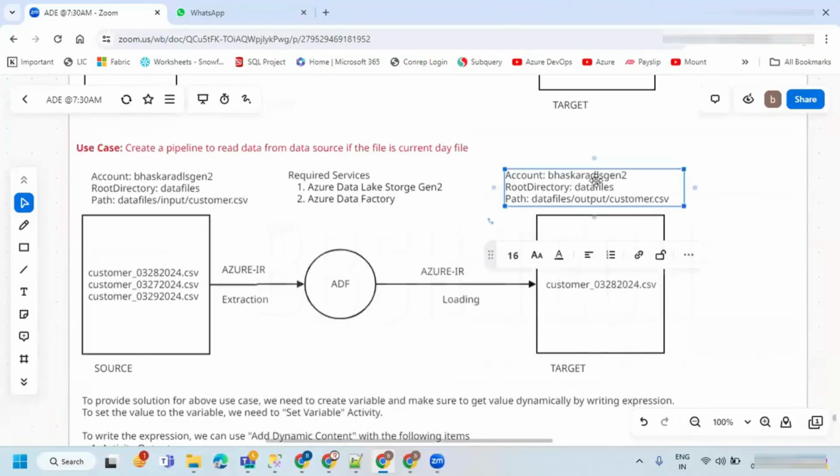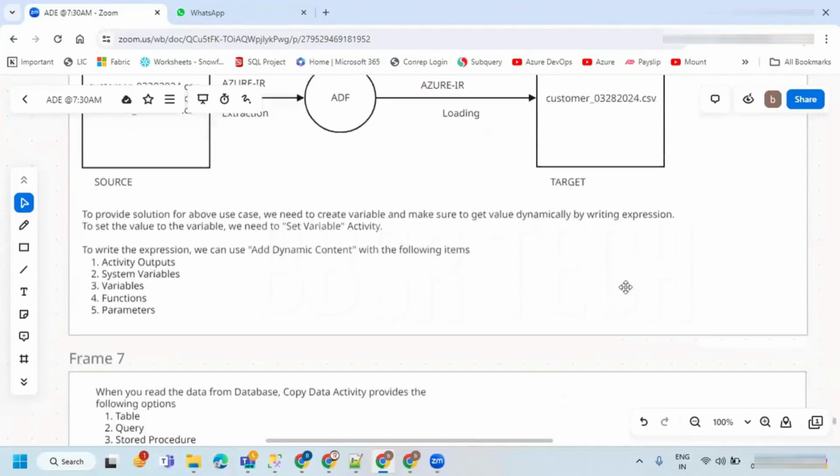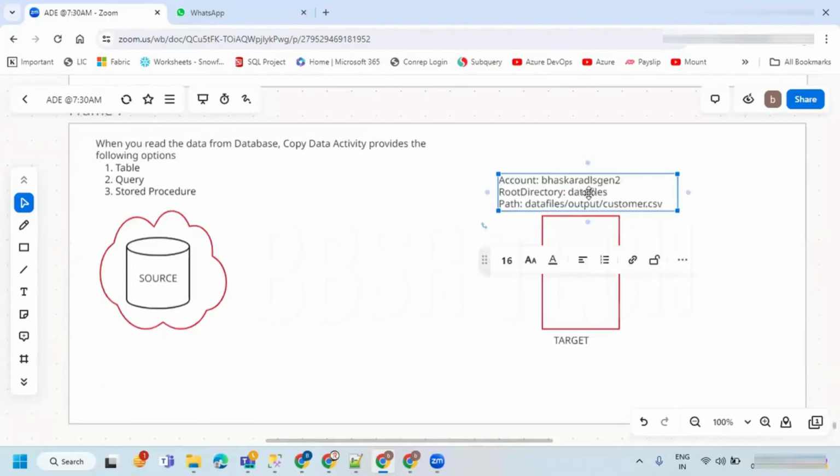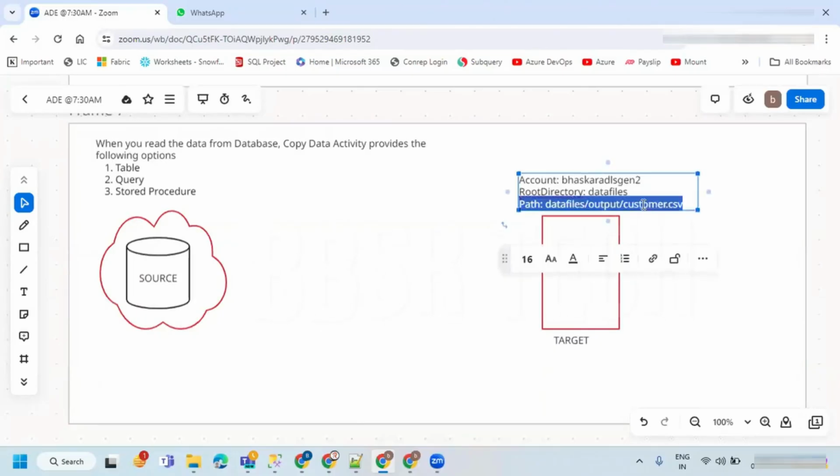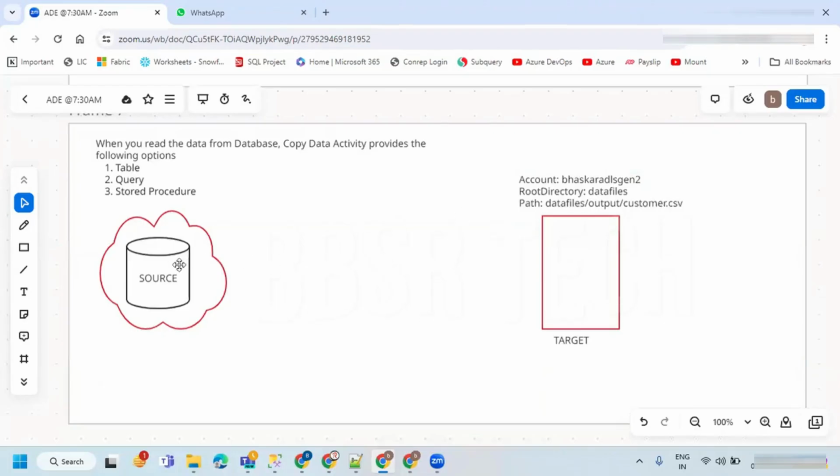Let me take these details. So I need to have these details. Inside this Azure Data Lake Storage Gen2, inside this data files, I wanted to store the data. I'm just going to take customer.csv, and here I have a table called customer.